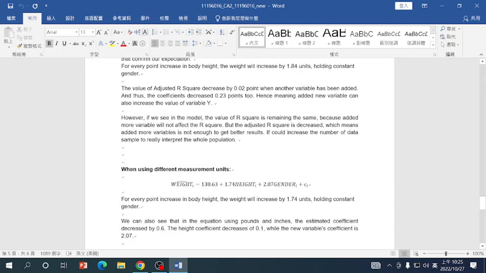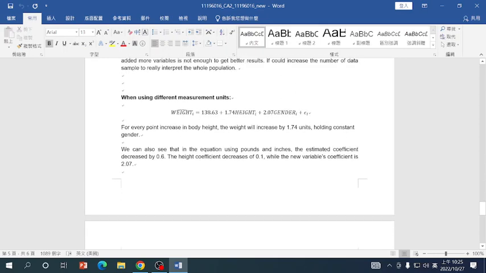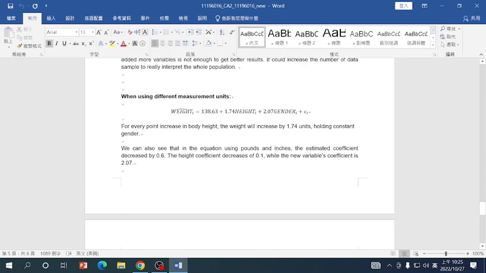So if we use different measurement units, so centimeters and